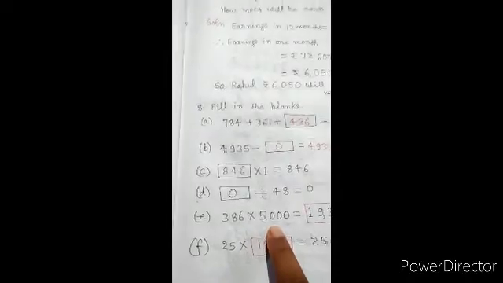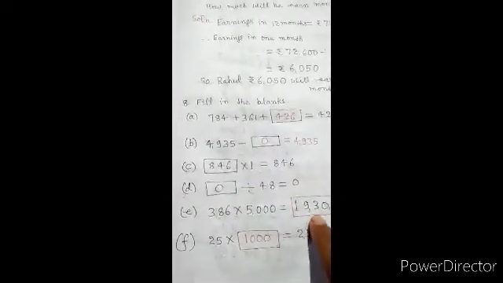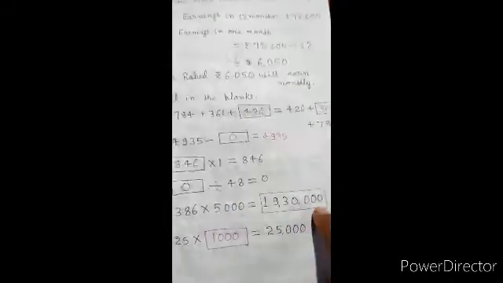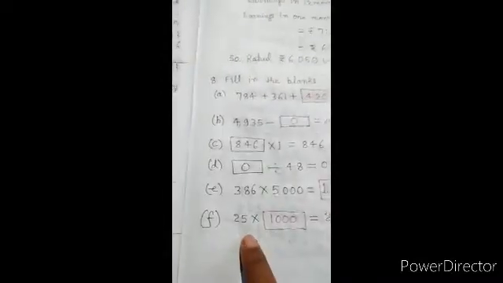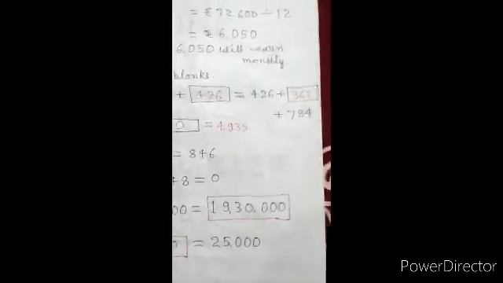Here, I multiplied these 3 digits by 5. In this way, we get these numbers, and 3 zeros are here. I put these 3 zeros here. In this way, this is multiplied. Next, 25 is multiplied by 1. 25, 3 zeros are here. I put here 3 zeros. In this way, our multiplication becomes easier.